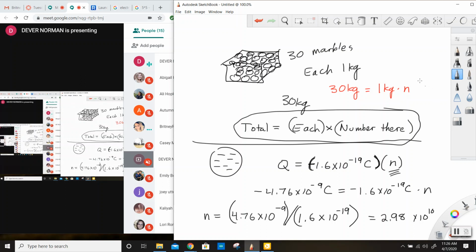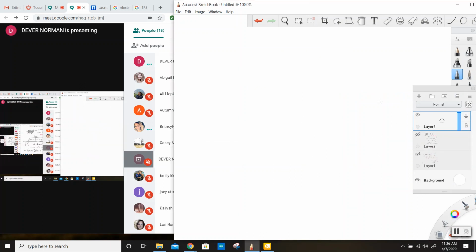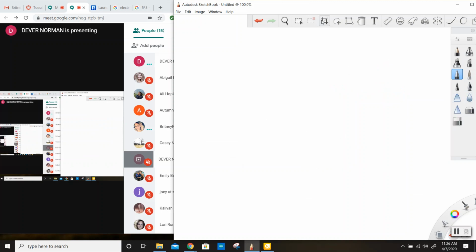Okay, so let's get rid of this screen. Or what I can do actually is go to a new screen and hide that one in case you want to come back to it. Okay, so